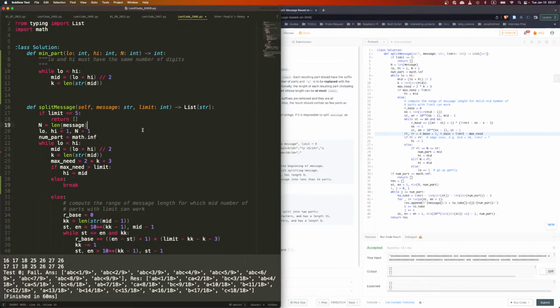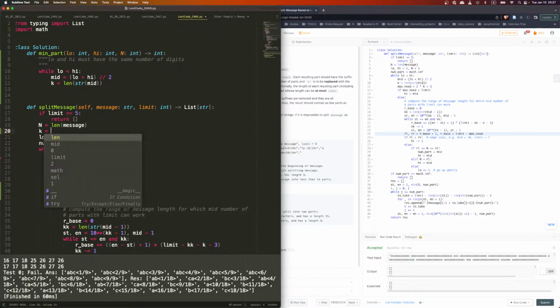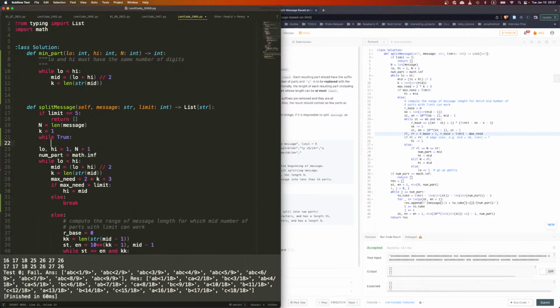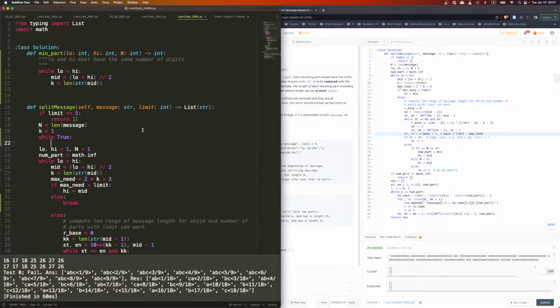So that is the way to go. What you're saying is we're going to try to fit in 1 digit, right? And we say k equals 1, 1 digit. And we say while true. So with 1 digit, we can compute the maximum length we can fit. The maximum length we can fit with k equals 1 is going to be